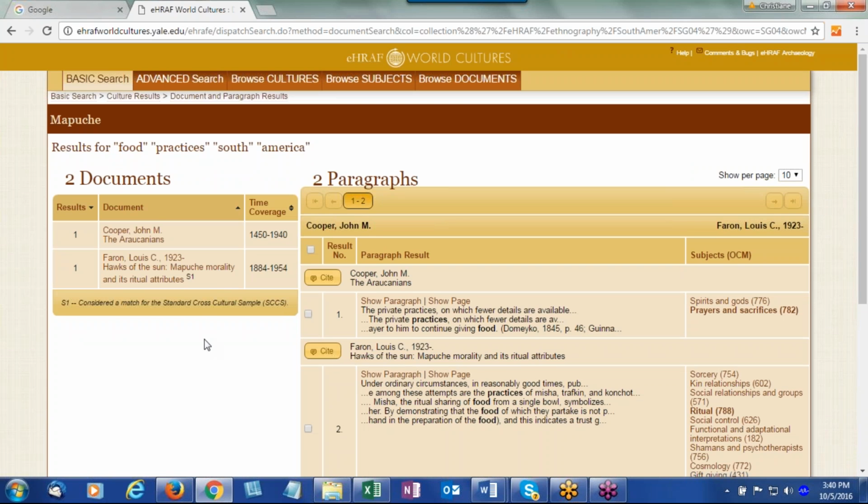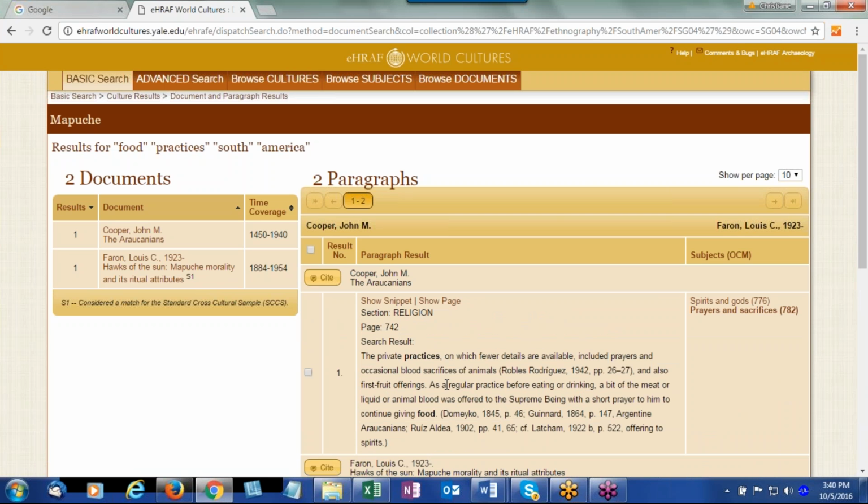When you open up a culture name, this will give you access to the actual text. And the way we compile it is by documents and by snippet of text, i.e. paragraphs. And by this time you might be utterly confused because you're like, what the heck is going on here? Well, what the database is doing, it's looking for this information within a very small text environment, a paragraph, and